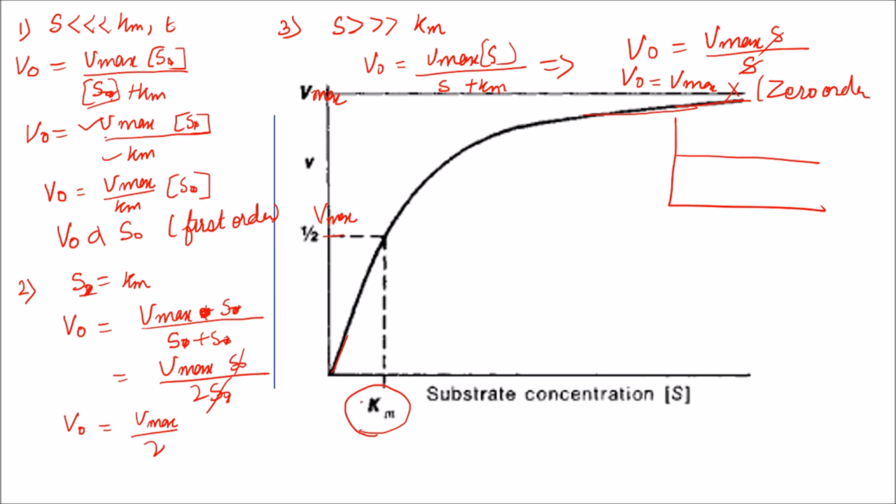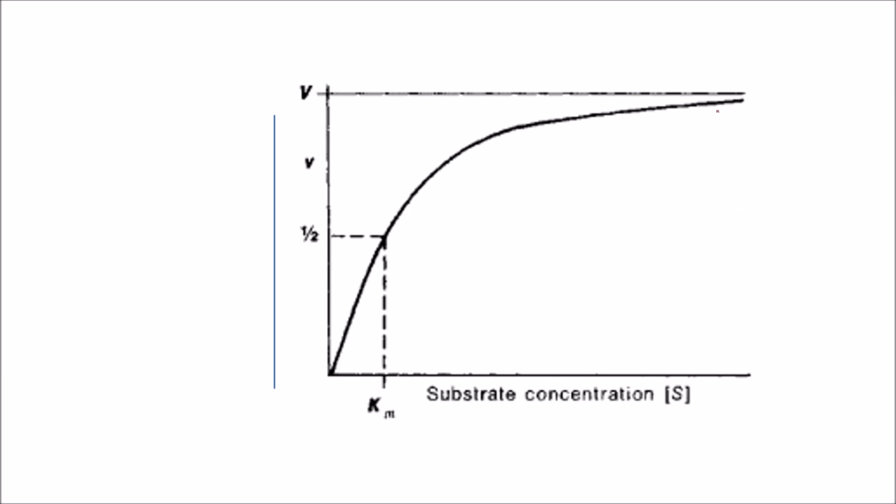So this is the interpretation of the graph as per the Michaelis-Menten equation. But this graph also has certain limitations. If you look at the value here, V max is supposed to be at this point, but if you see this graph, it is a bit below this point. This is a major drawback of the Michaelis-Menten graph, and because of this we are not able to find out the exact value of the V max. To overcome this, another equation was put forward, the Lineweaver-Burk equation, which we will discuss in our next class.